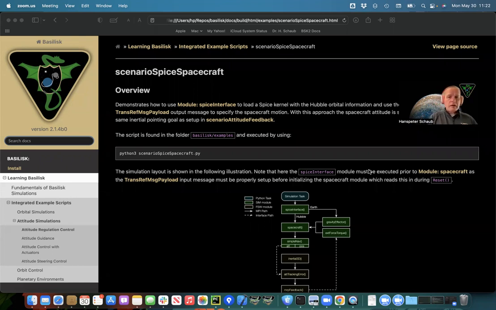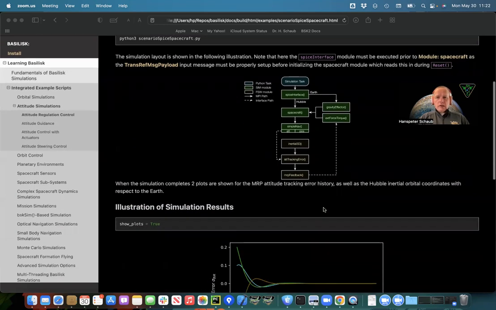SPICE can provide not only planet states and moon and comet states, but also spacecraft states as a SPICE kernel. So that's going to illustrate this. So the internal integration still happens, but then the final output is overwritten by what the SPICE interface provides. So how does that look? Let's examine the